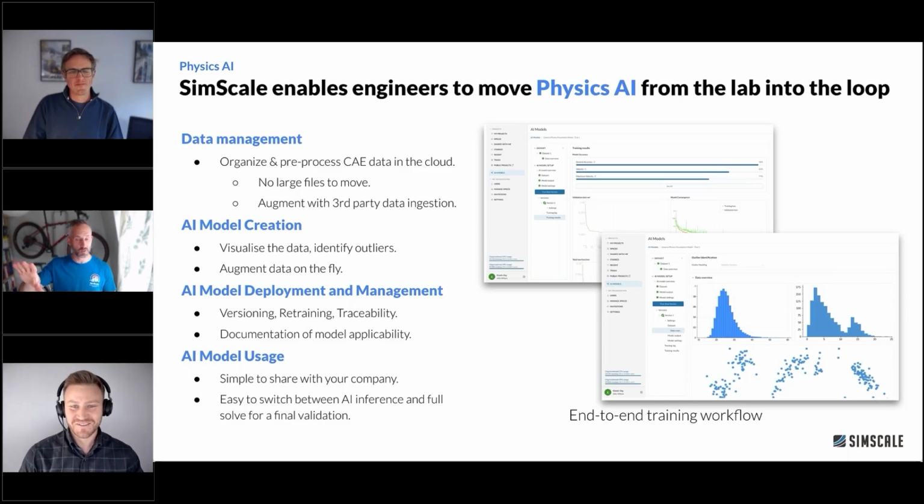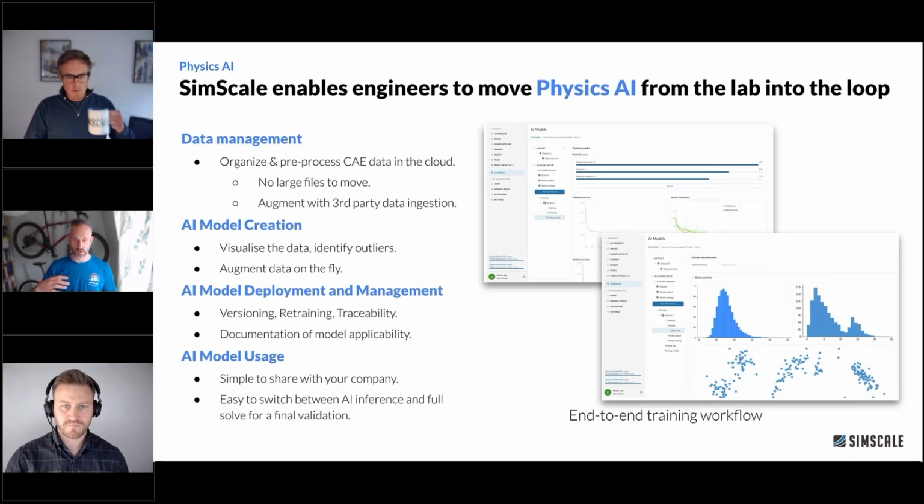So this is what the SimScale UI will look like. And we've done it in a way that is meant to be easy to use. And Steve will show you in a second. But you can bring in any of the different data that you simulated on SimScale really easily. So everything is available. You can choose what chunks to kind of pull together when you build your AI model. You could, if you wanted to, bring in third-party data to augment that SimScale data. I mean, lots of us have really high-quality data that we run in traditional tools for the last decades. We want to be able to use that and not disregard it.